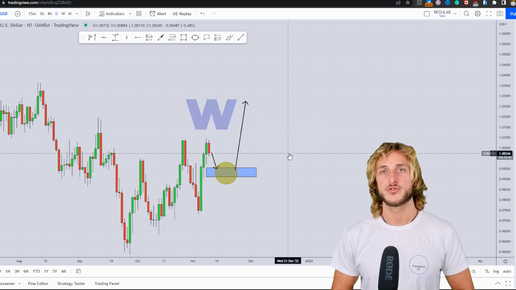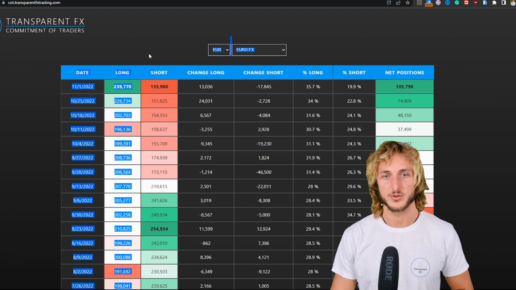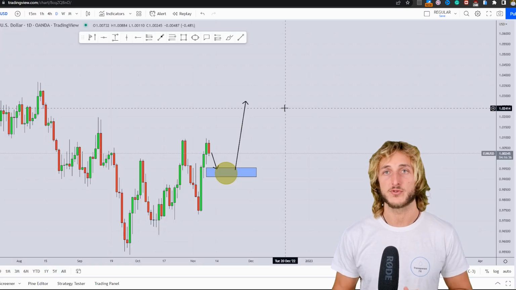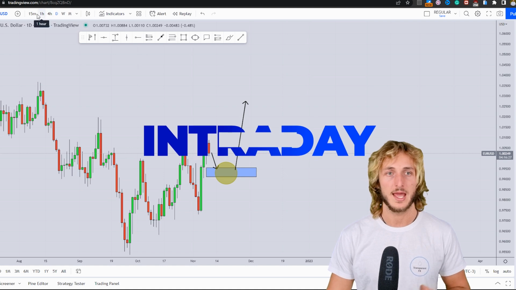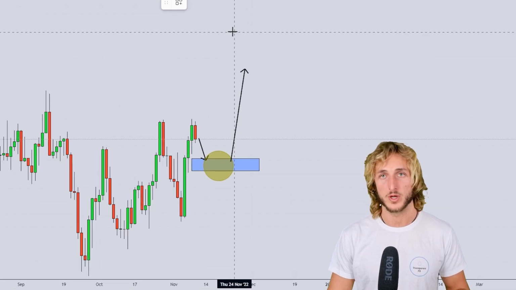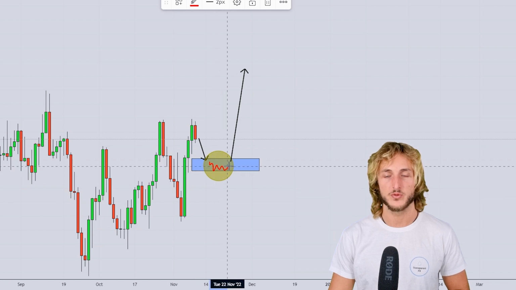Now, as usual, trading is reactive and not predictive. The monthly, weekly, and daily combined with the COT data, those are the best time frames from a directional perspective. However, when it comes to confirmations and entries, the best time frames are the intraday time frames, so 4 hour and lower. Therefore, what we could be doing is monitoring price action from an intraday perspective during this move to the downside,